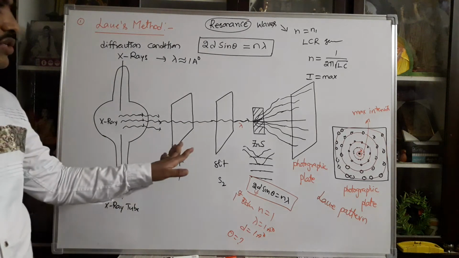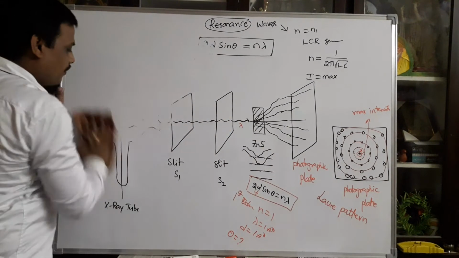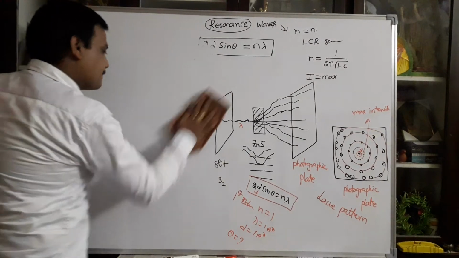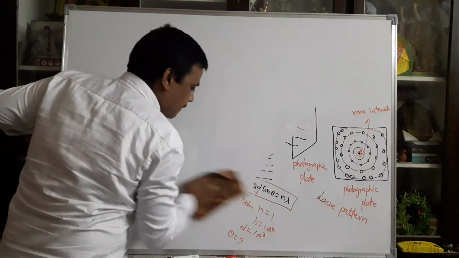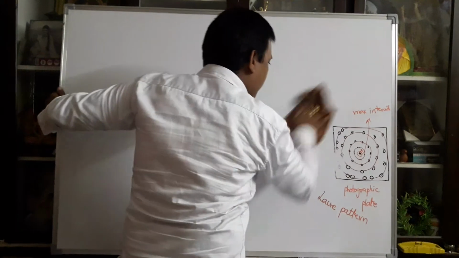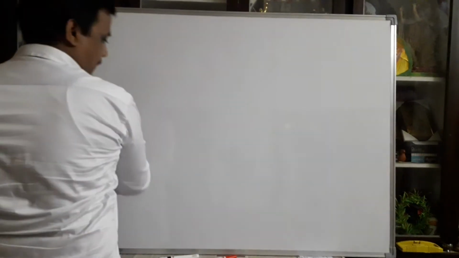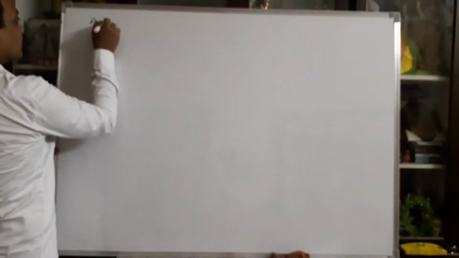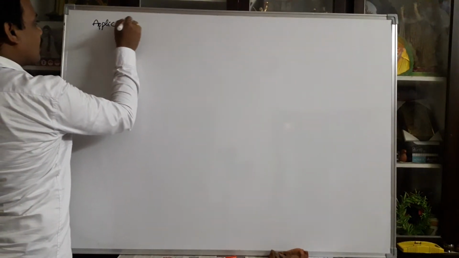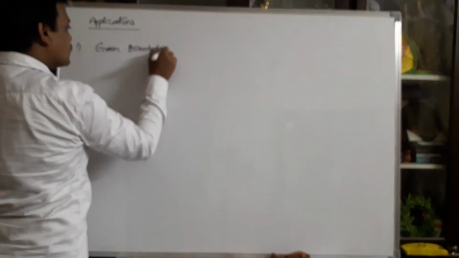So the main applications of the Laue method, the applications of the Laue pattern, are, first one, grain orientations,